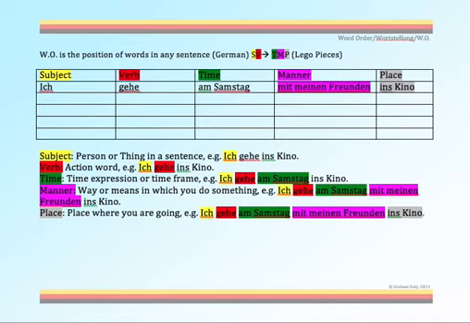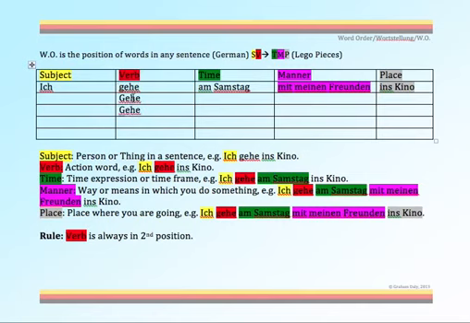Now, there's a rule in German. Verb is always in second position. So the verb is always in second position. That's very important. So on the basis of this, we can go ahead and we can fill in